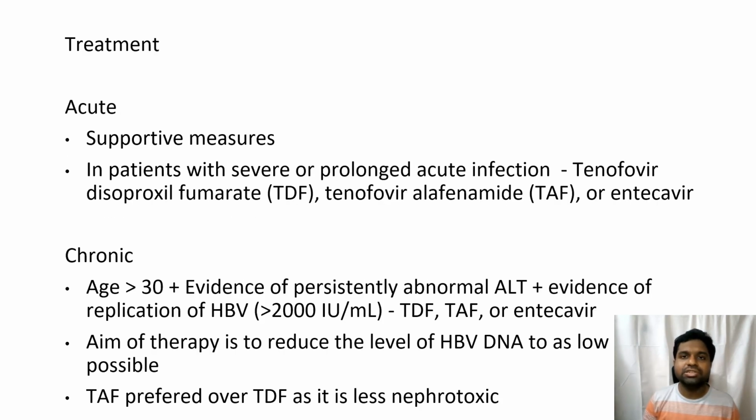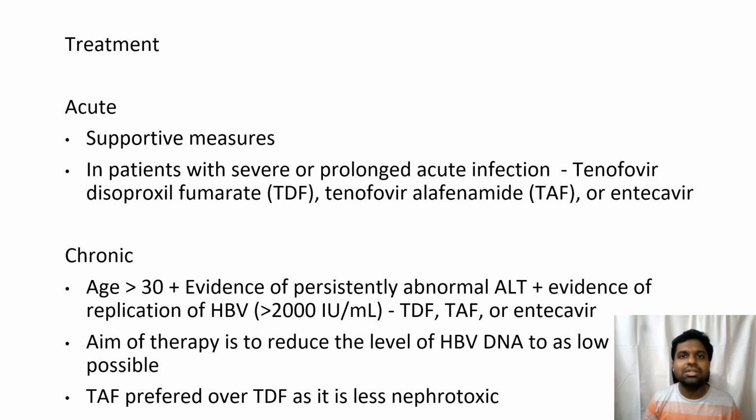Treatment for acute infection would be supportive, mostly IV hydration, paracetamol for fever. In case there is severe or prolonged illness, we tend to go with antivirals like tenofovir disoproxil fumarate or tenofovir alafenamide or entecavir. In cases of chronic hepatitis, especially when the age is greater than 30 years, persistently abnormal